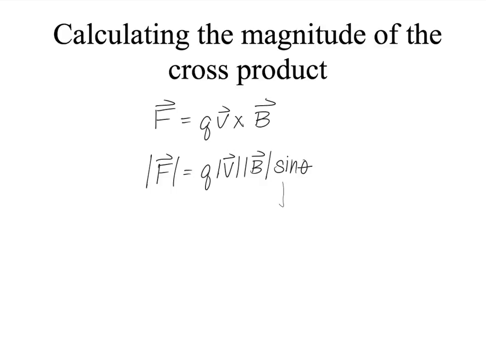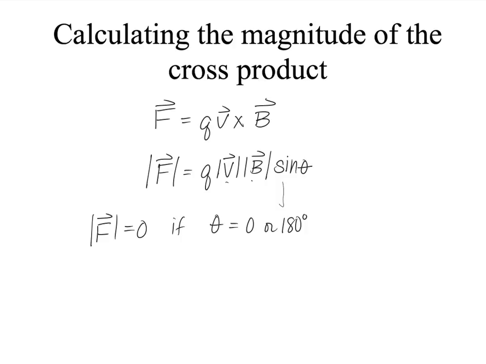And so that's how we will find these. Of course, remember, these two terms are magnitudes. That means that the force is 0 if your angle is 0 or 180. That's if the two vectors, velocity and magnetic field, are